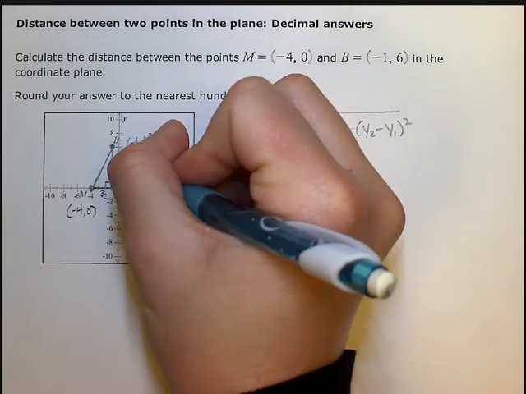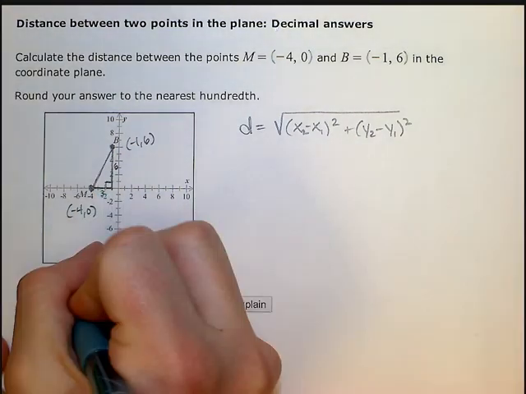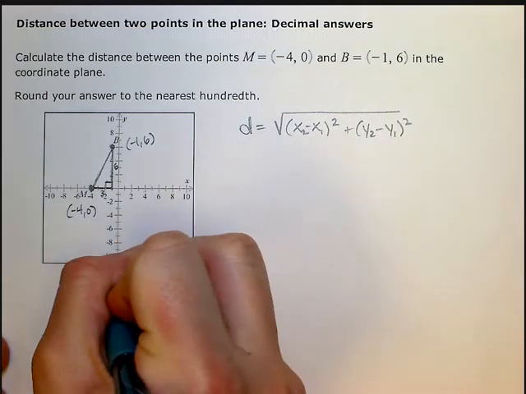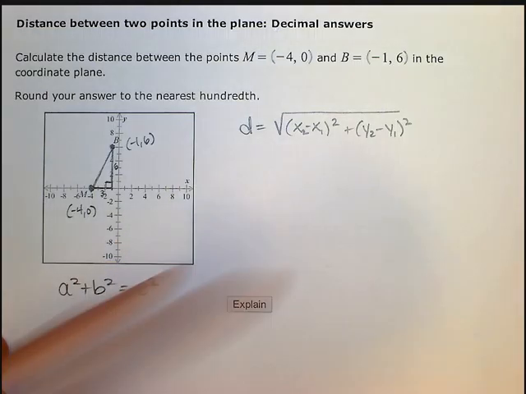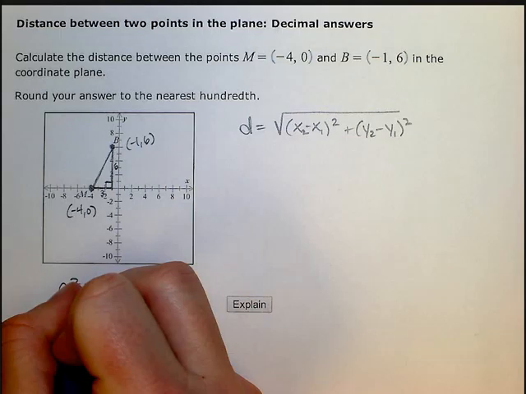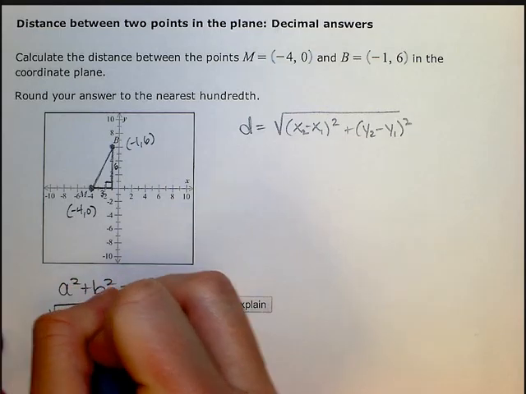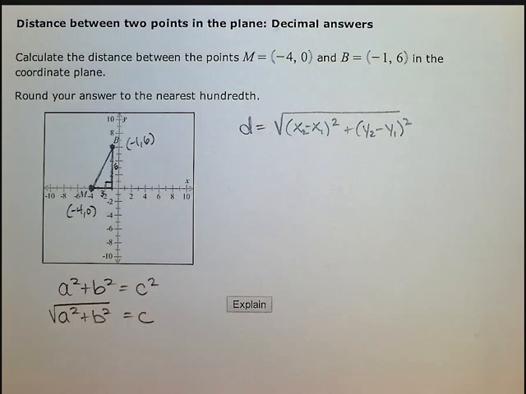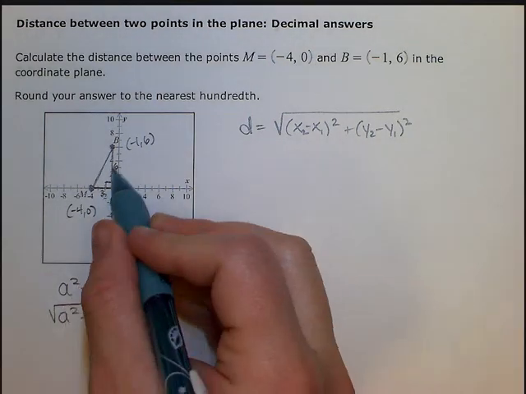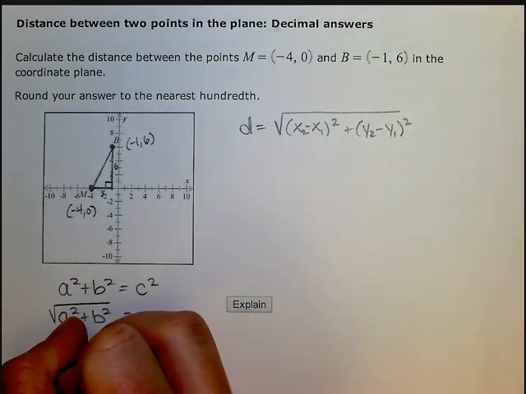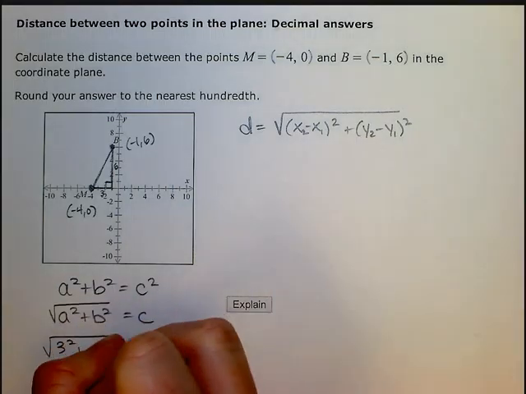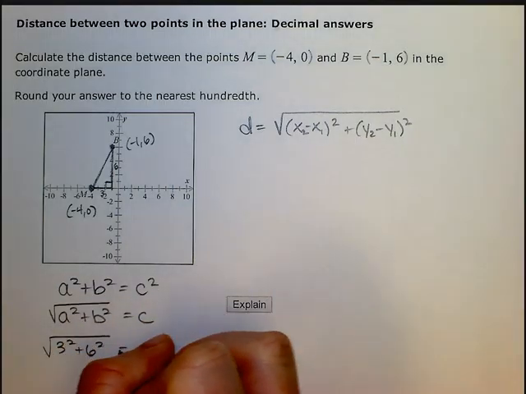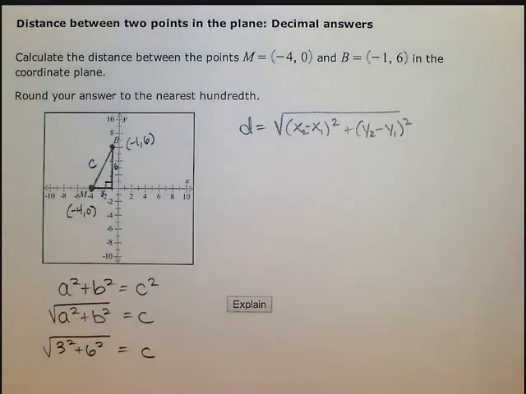okay. So using this, I can use the Pythagorean theorem, a squared plus b squared equals c squared, or simplified, c equals the square root of a squared plus b squared, with a and b being my legs, 3 and 6. So I would get 3 squared plus 6 squared equals c, which is my hypotenuse. Okay, so I could continue to solve it out this way, but I'm going to go ahead and pause this